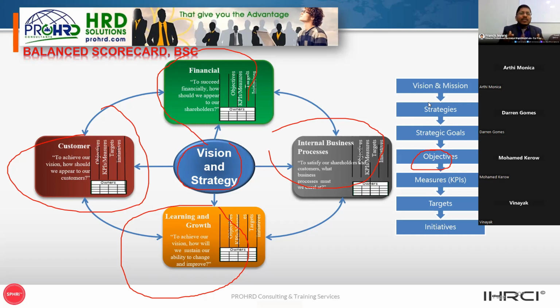Why is the balanced scorecard required in the first place? Because in those days the stakeholders were concerned only about profit and money matters. If you focus only on money and profit, the company may suffer. In the short term they may win, but the sustainability will be a question mark. That's why they introduced the balanced scorecard. We need to have a balanced approach, so that we can have sustainability over a period of time.